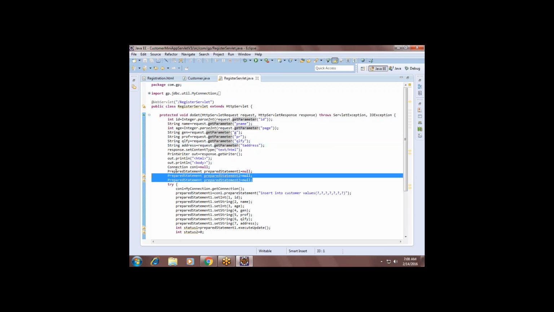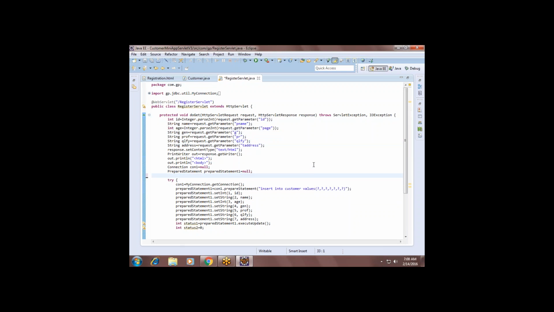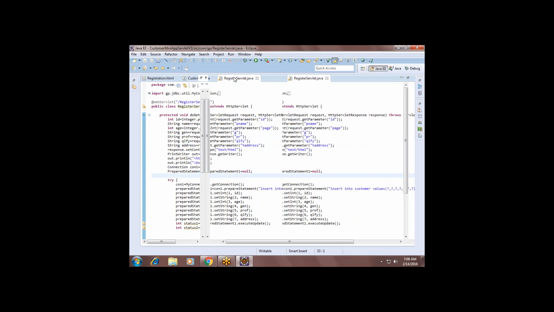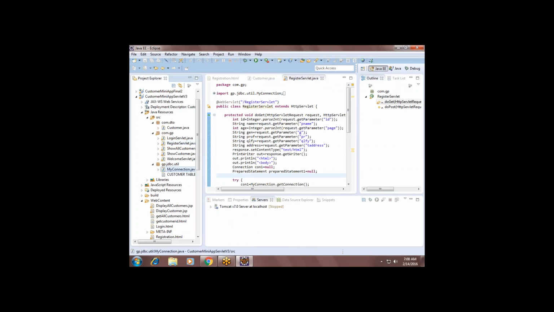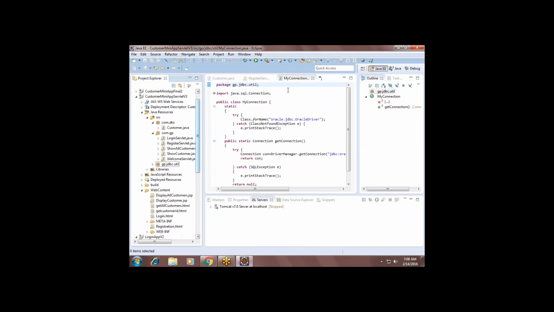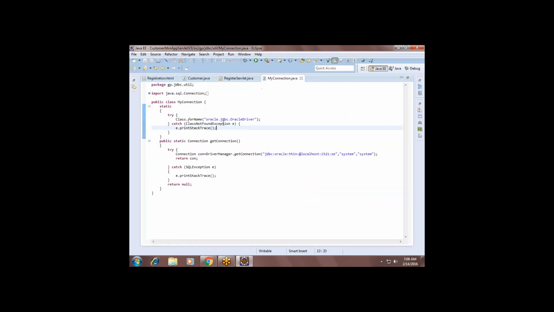Then later you need a prepared statement and a connection. For the connection, I have prepared a class inside the util package. Instead of creating it in each and every page, I am creating it under one util package. I already did this in JDBC, remember?